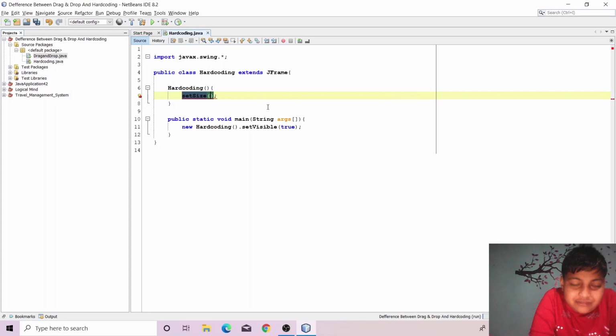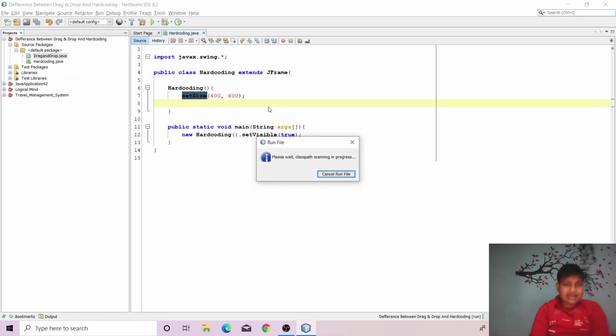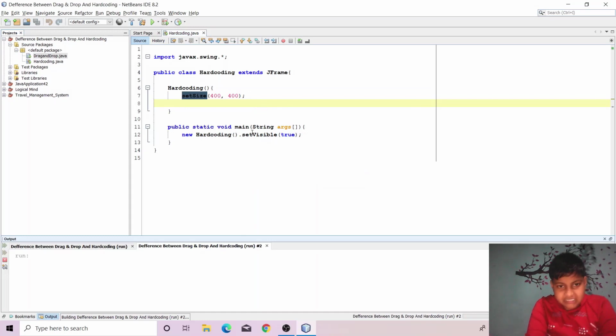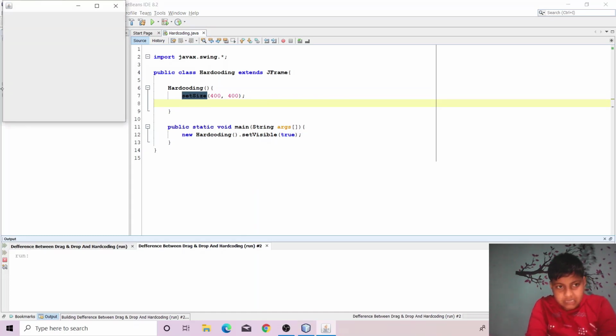Now set size, and in this let's suppose 400, 400. Now location we will not set. Now as I run it, you will see that size is set.